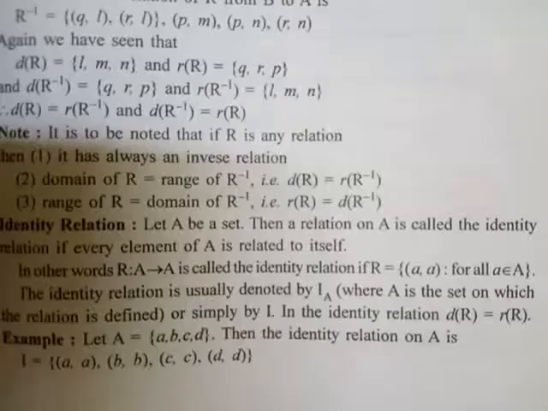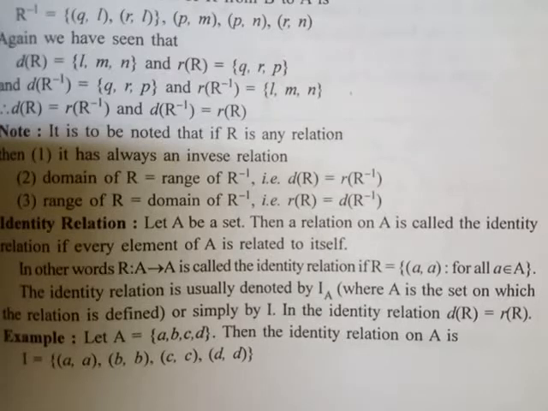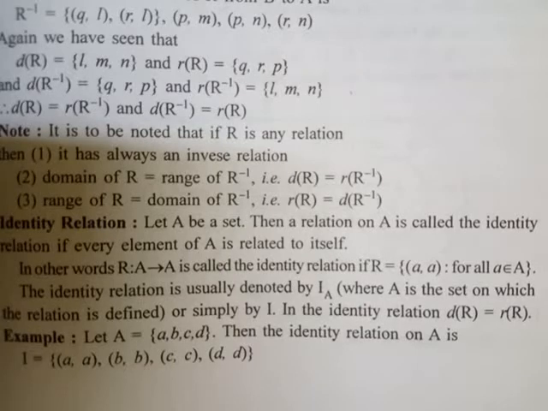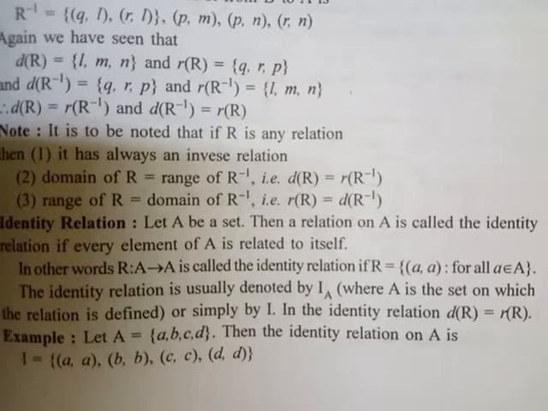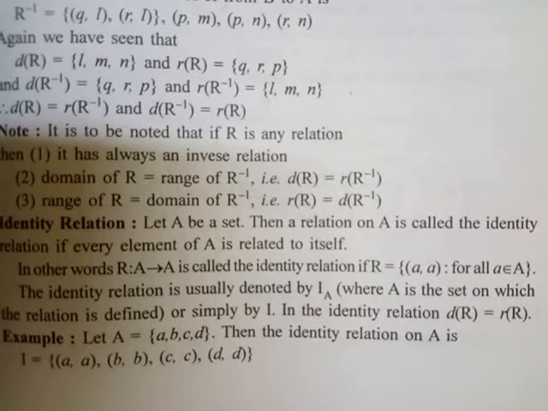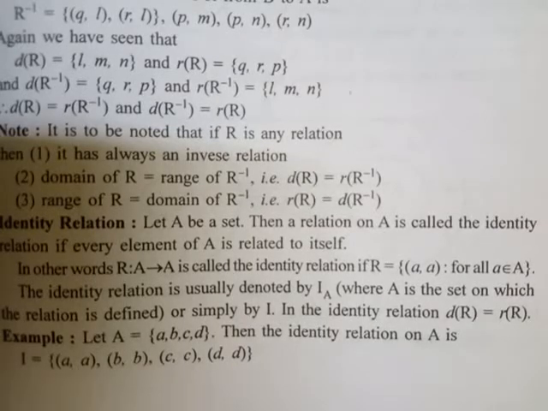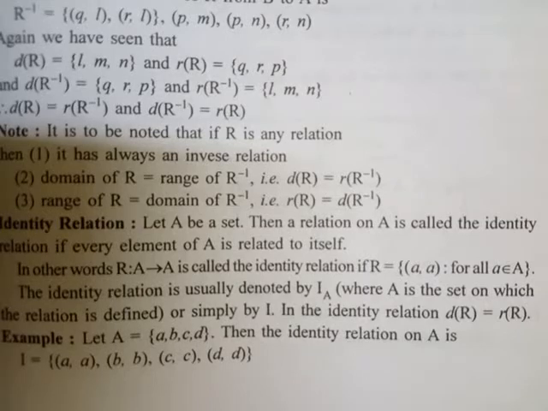Students, before solving the first question, you have to know what the identity relation actually is. Here in the book, a definition is given on page number 27. Let A be a set having elements. If you take the example {1, 3}, then 1 and 3 are the elements of A. Then the relation on A is called the identity relation if every element of A is related to itself. I repeat again, every element of A is related to itself, which means if 1 and 3 are there, each is related to itself only. So the answer would be (1, 1), (3, 3). This is called the identity relation.